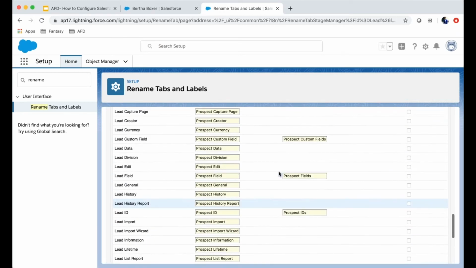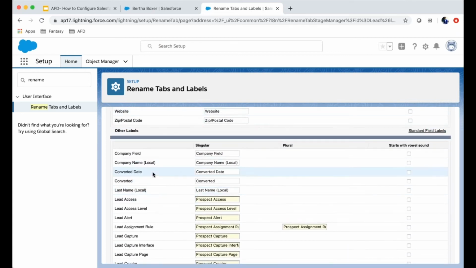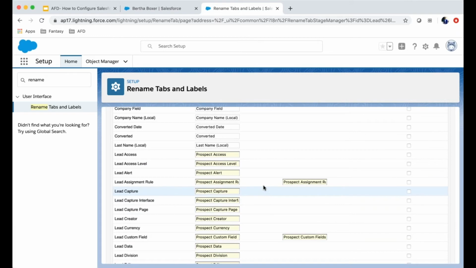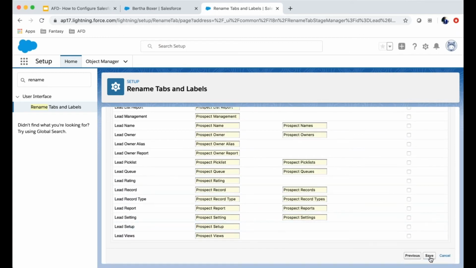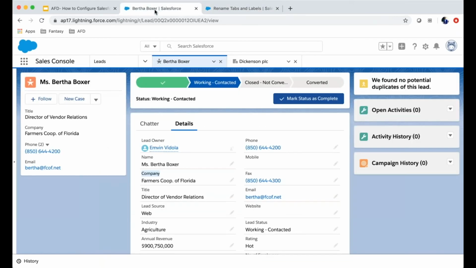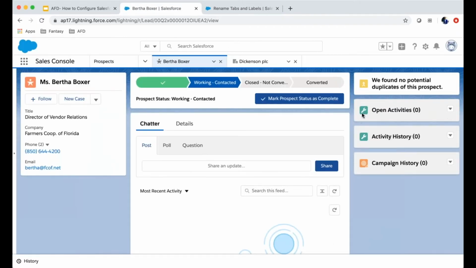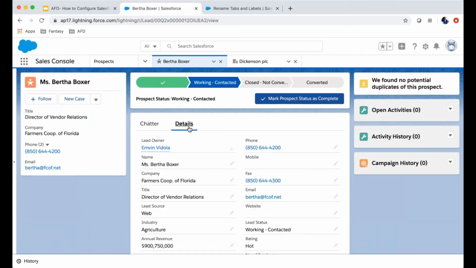Automatically, since we changed the name of the object, all the other labels for the other objects, where it appears in the related list of other objects, have also been updated to prospects. You just have to save, and it should be done. We go back to the page and refresh it. Here you can notice that the tab is already named prospects from leads. And if you go to the details section,